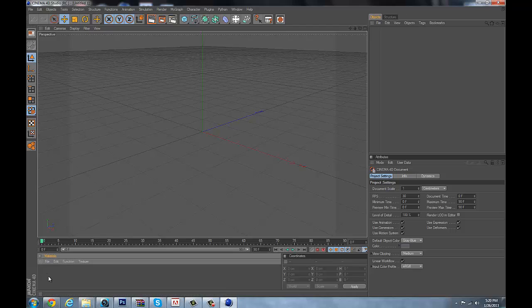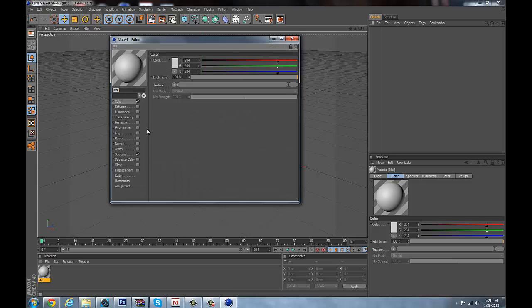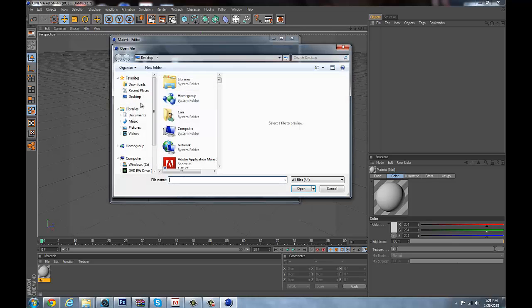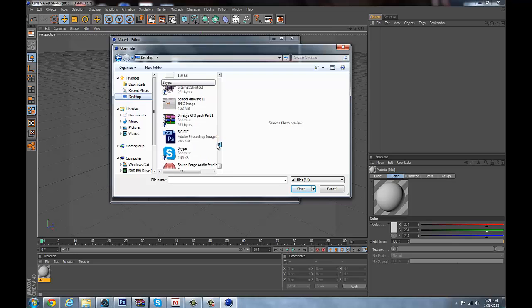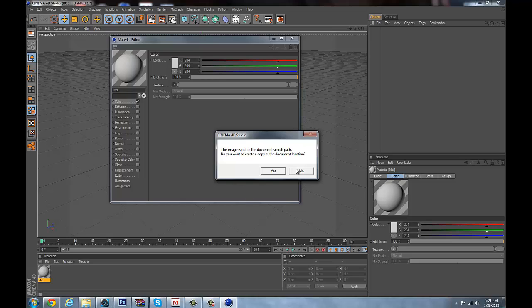Okay. You want to double click to make a new layer, and then check off specular, make sure you do that, and then go to texture and the arrow, load image. Find your image in the folder or desktop, wherever you put it. There it is. Alright, so I'm doing my dad's Camaro, and your picture needs to have kind of a wider floor plan. Click no,